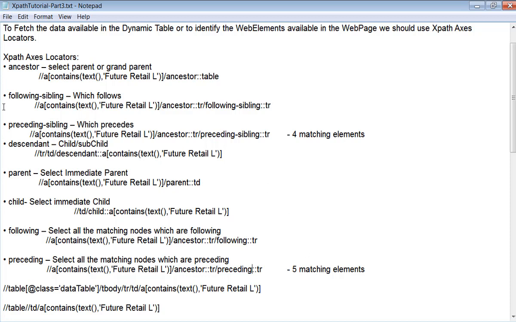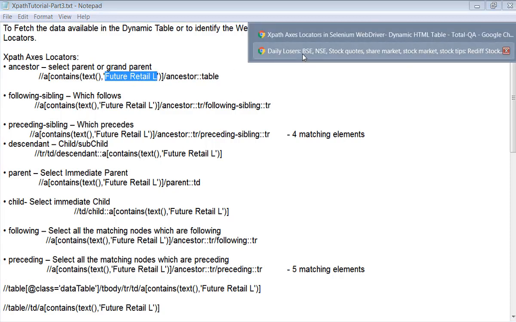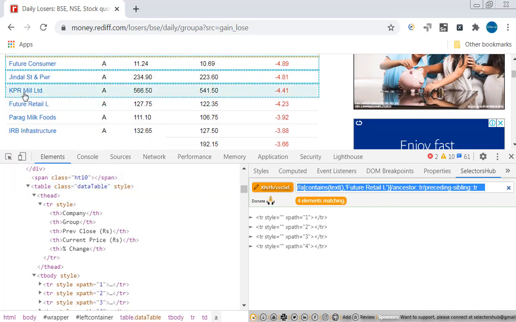So if you look at all the examples we covered: ancestor, following sibling, preceding sibling, descendant, parent, child, following and preceding also. All these examples are clearly explained here in this table. You can even try this on this website with all these examples. The only thing you have to modify is the share name, and whenever you practice this example, always take the 4th row or 5th row data.